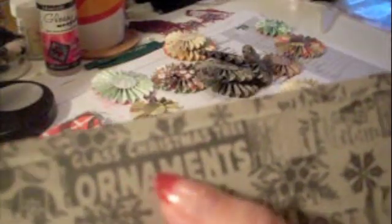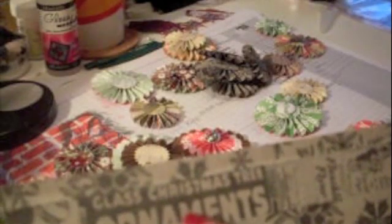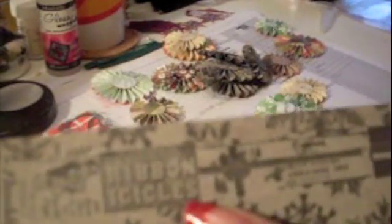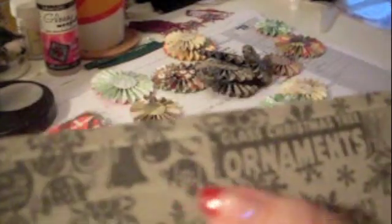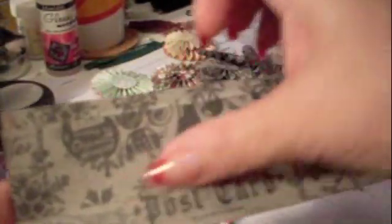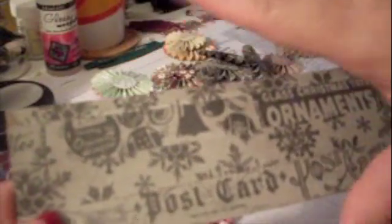Let's bring it this way. This one said postcard, this one was snowflake, and this one says glass, Christmas tree, ornaments, ribbon, icicles. So these three tapes, I ran one tape here, and I ran the other one right next to it, and so on. I repeated that again and again till I was done with the 4-inch by 11